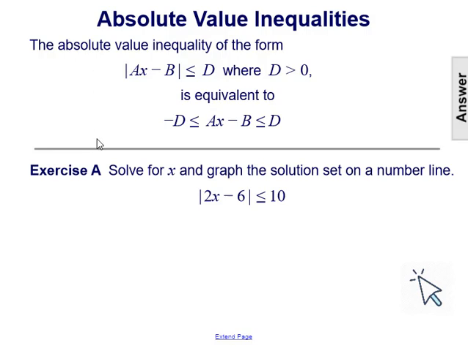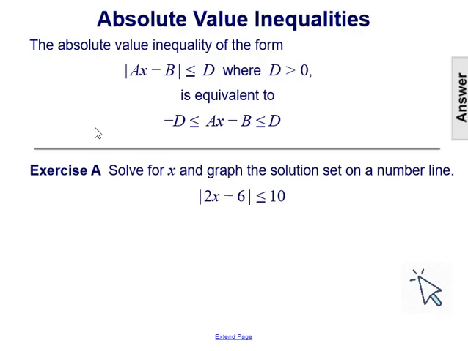The absolute value inequality of the form, the absolute value of ax minus b is less than or equal to d, where d is greater than 0, is equivalent to the compound inequality, negative d is less than or equal to ax minus b is less than or equal to d. So let's look at some exercises that use this format and how we would solve them and graph their solution